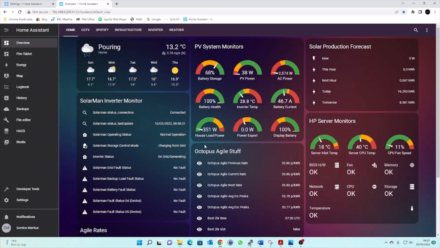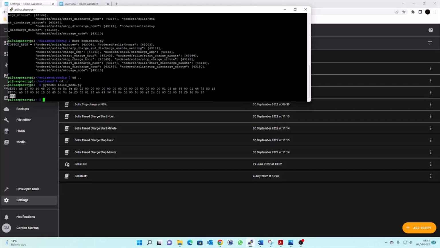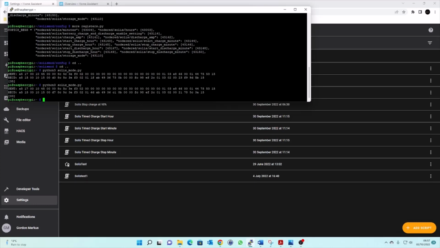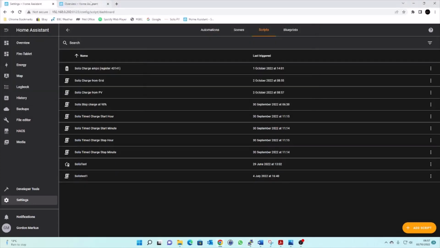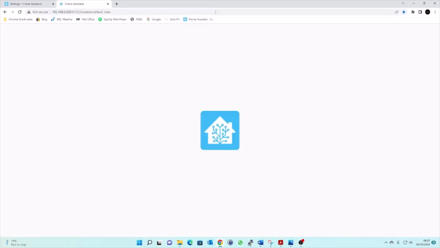What I'm going to do, because I don't actually want to be charging from the grid right now, because my battery's got plenty of capacity and all the rest of it, is just flip that bit back. So if we go back to my scripts and I'm going to say charge from PV, we're going to run that. If we now go back into my Pi, query that register, let's flip back to 33, and if we refresh my dashboard,